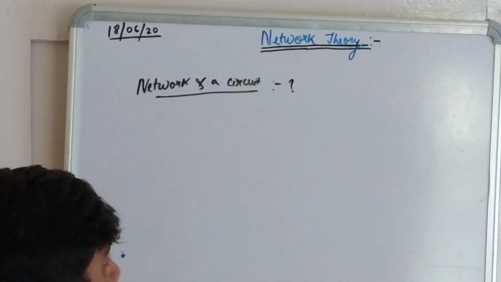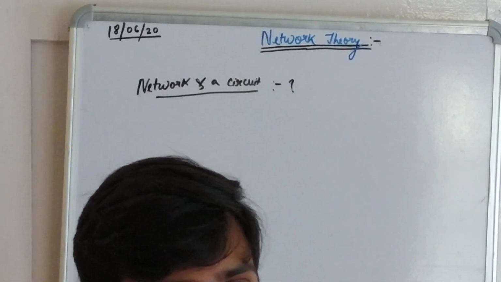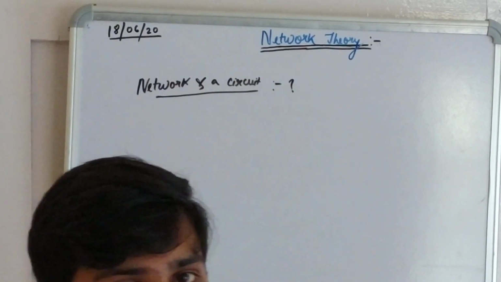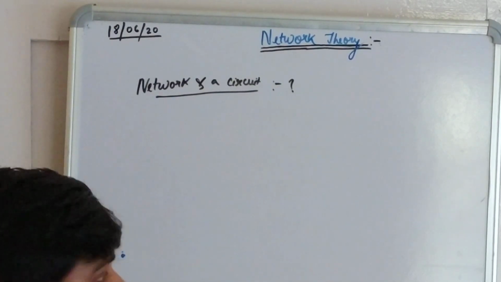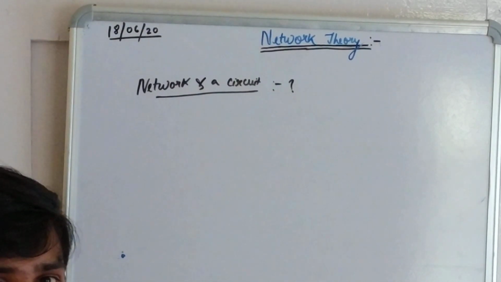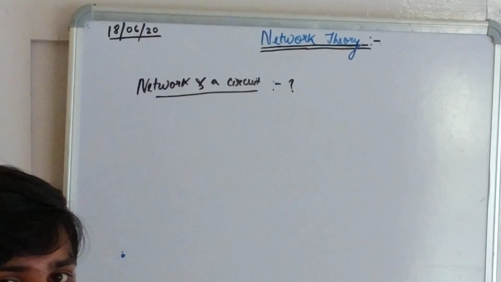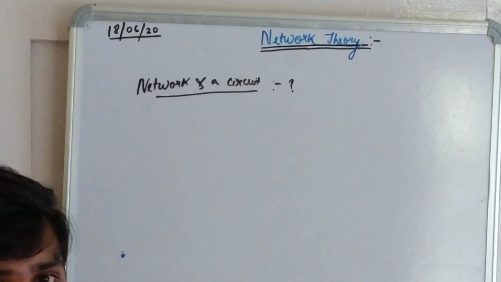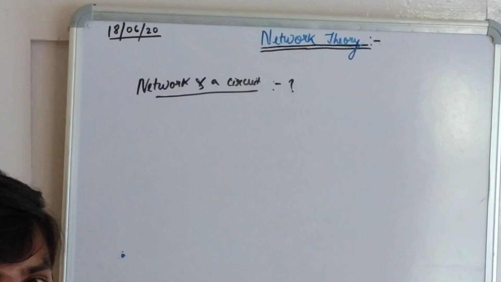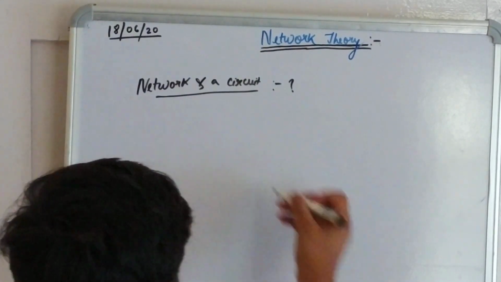So remember, a network is a combination of electrical components which may or may not have any closed path. But on the other hand, a circuit is a combination of electrical components which must have a closed path. Say for example,